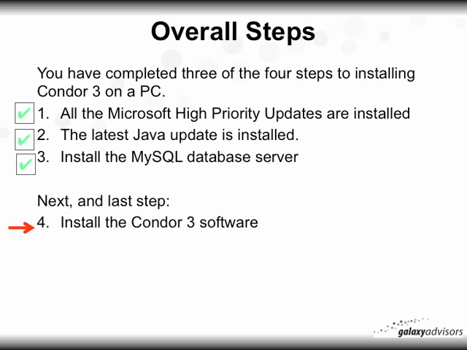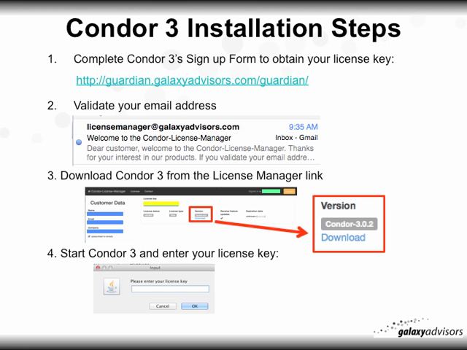So we completed the 3 steps so far. The last step is install the Condor 3 software, and I'll also explain 2 options on how to start it. So the Condor 3 installation steps, there's really 4 overall, and I'll go through again click by click with you. The first step is to complete the Condor 3 sign up form to obtain your license key, and it's at this